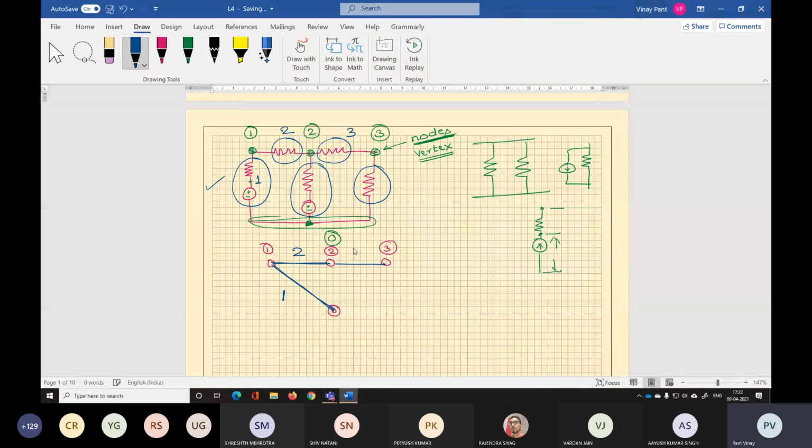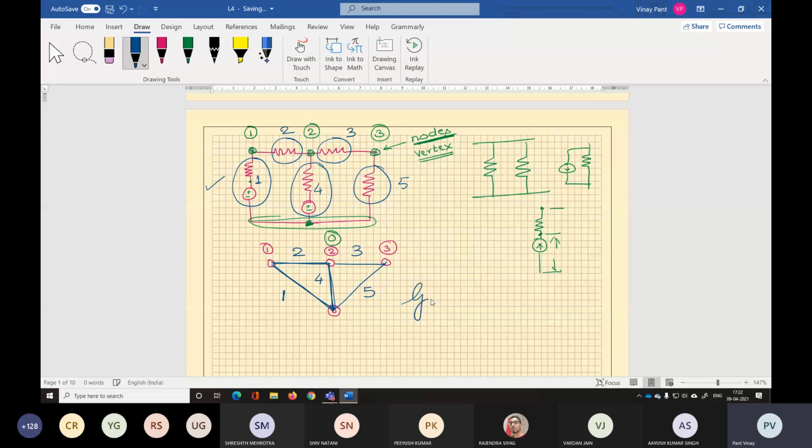This is our element number 3. Connected between 2 and 0 is element number 4. All elements to be replaced by straight lines or curved lines. Then what is connected between 3 and 0? Element number 5. This is 4 and this is 5.